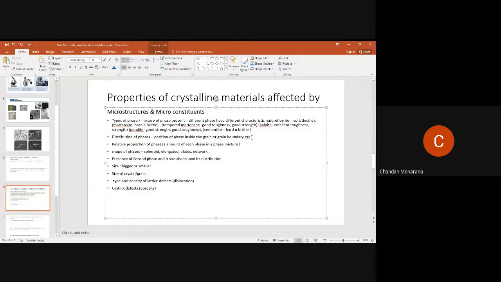Cementite, if you remember, if you are talking about hypereutectoid steel, do you remember what a hypereutectoid steel is? How many of you have remembered this one? Yes, sir. More than 0.8% of carbon. Very good. If the carbon weight percentage is more